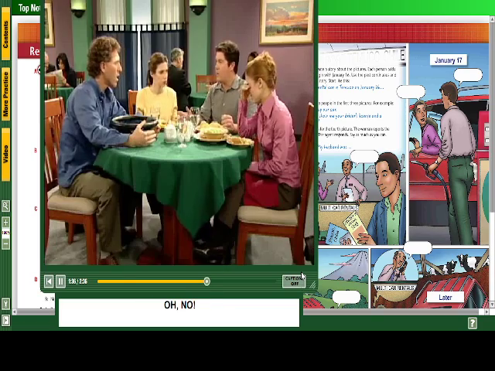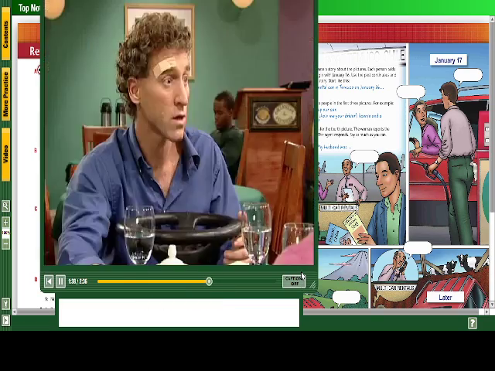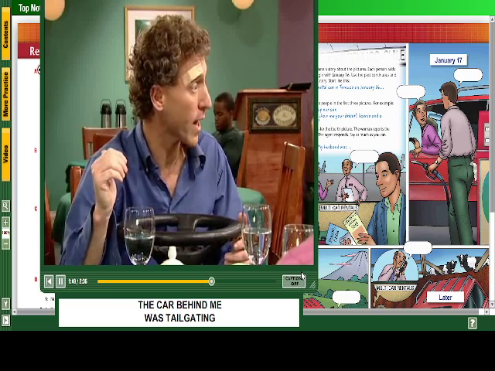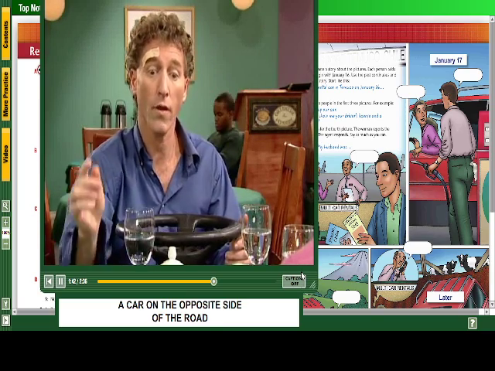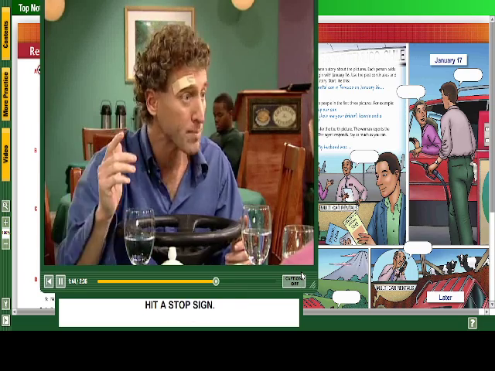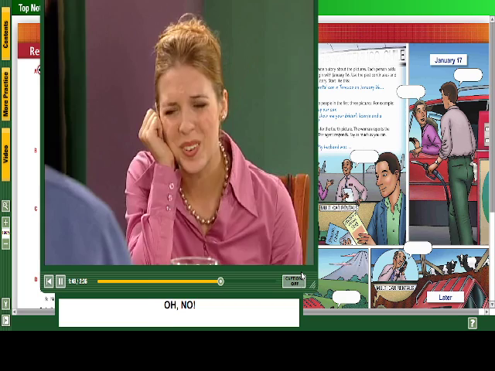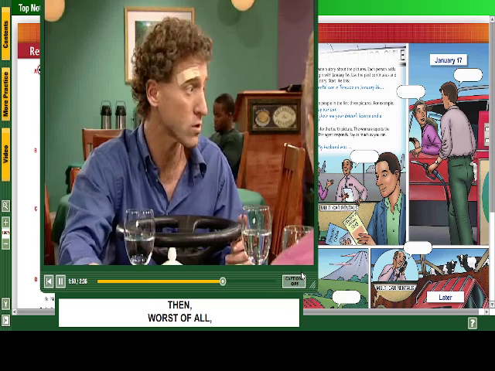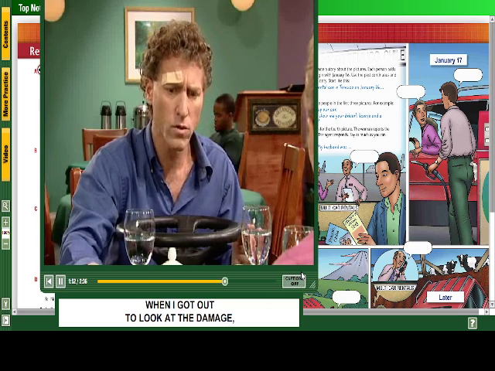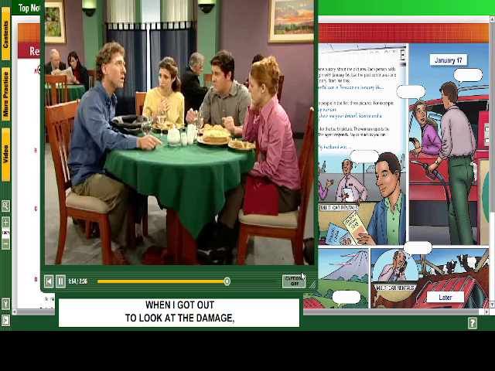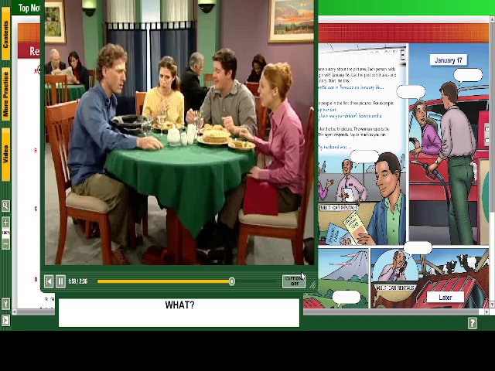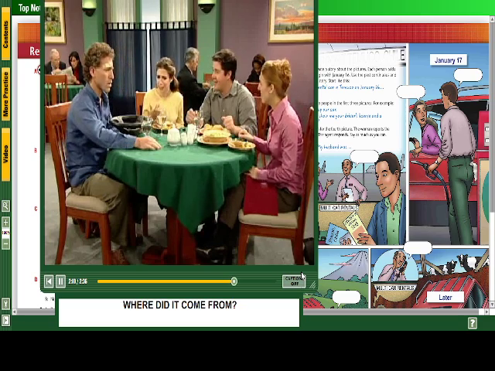Oh, no. I'm not finished. The car behind me was tailgating, so he hit me. A car on the opposite side of the road hit a stop sign. The stop sign fell and smashed my hood. Oh, no. Then, worst of all, when I got out to look at the damage, a piano fell on the van. What? Where did it come from?